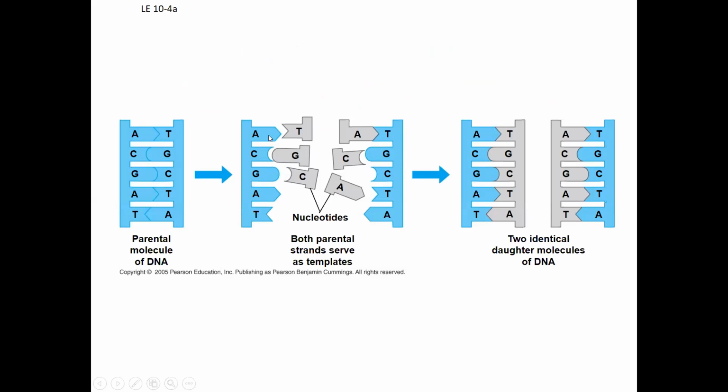So, here, this is showing you, in a model representation with shapes, the idea that adenine and thymine bond and cytosine and guanine bond. Okay, what happens is we've got a parental molecule here, and basically it separates here, and then new nucleotides are brought in and paired up, and then with that you wind up getting two new DNA copies. So this is during cell reproduction,